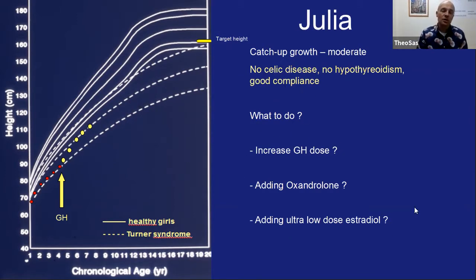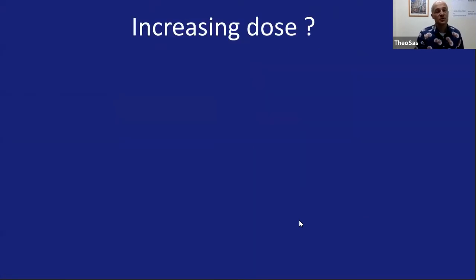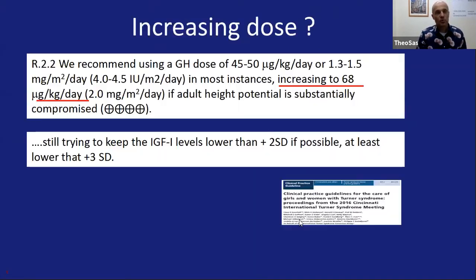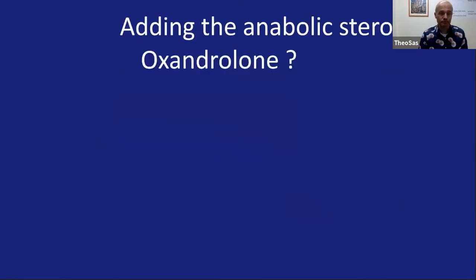And then we have some things which we could choose to do. First of all, could you increase the dose? What we know, and that's not for every indication who receive growth hormone, is that in Turner syndrome, at least, it works that you could give a higher dose, and that will end up with a higher adult height. So that's possible, but of course it has to be possible in your country to give it, and you have to look at the IGF-1 levels, perhaps even more.